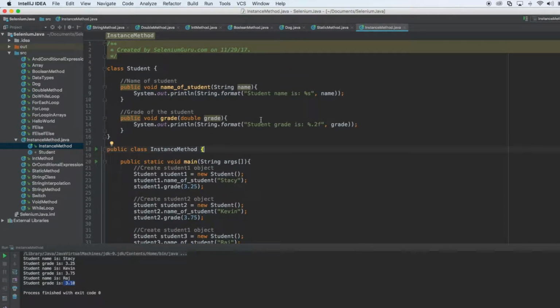So let's say in real life, you'd have a student class. If your university has an application, a web application or any application, and they have a student class and they have an instance method, and they can create